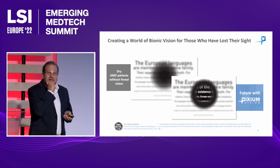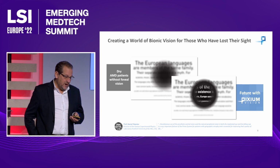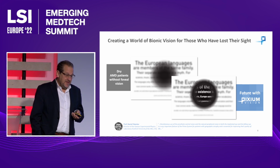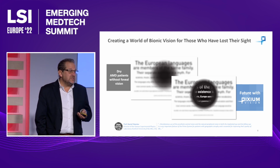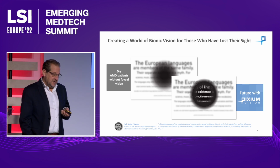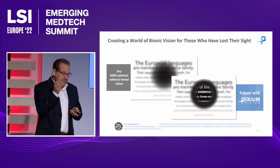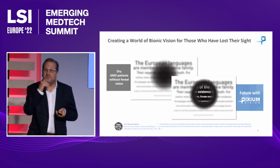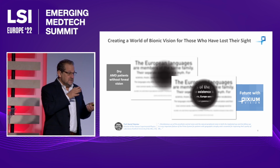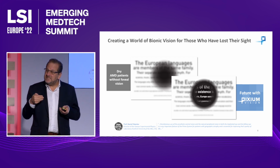A word about dry age-related macular degeneration, which is the primary indication or target for our technology. You can see the image on the left. That is typical of the presentation of a patient when they come for implantation for the Prima system, which is our technology, and I'll explain that in just a moment. So they lose their central vision, but they maintain peripheral vision. Peripheral vision is what's responsible for situational vision in a space. So they can see where they are in a specific space, but they can't read, recognize faces, or